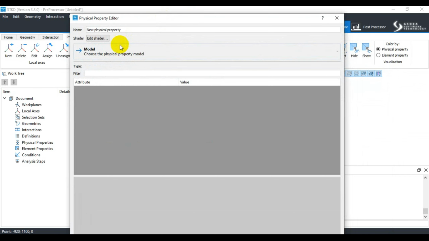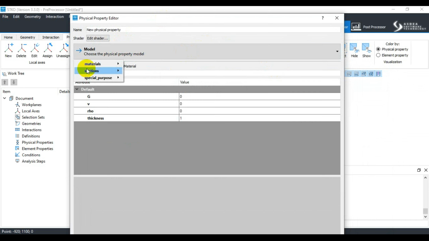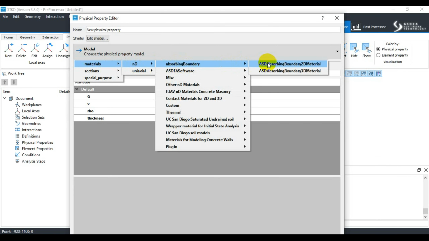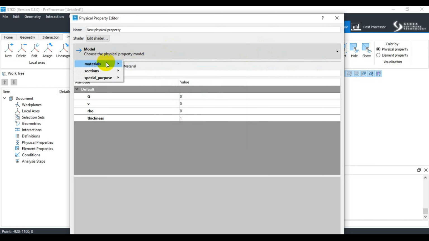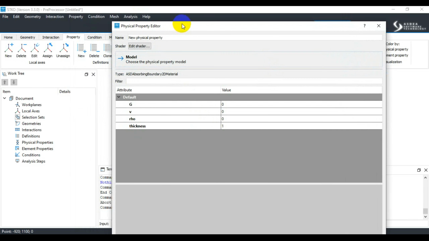So, in the material and in the absorbing boundary conditions, this is the agenda to consider and discuss in this region. So, in the absorbing boundary conditions, we have 2D material absorbing boundary condition and 3D material absorbing boundary conditions here. So let's first go to the 2D material boundary condition and